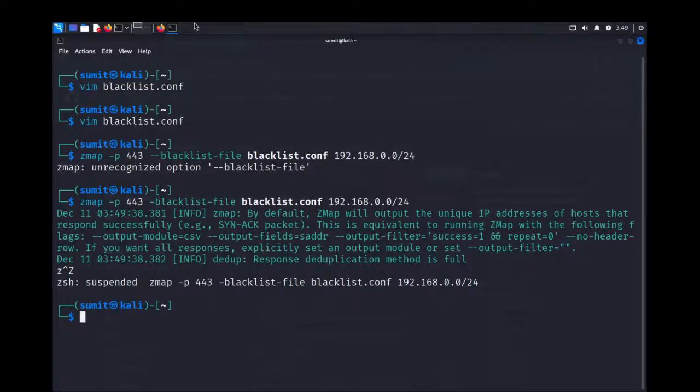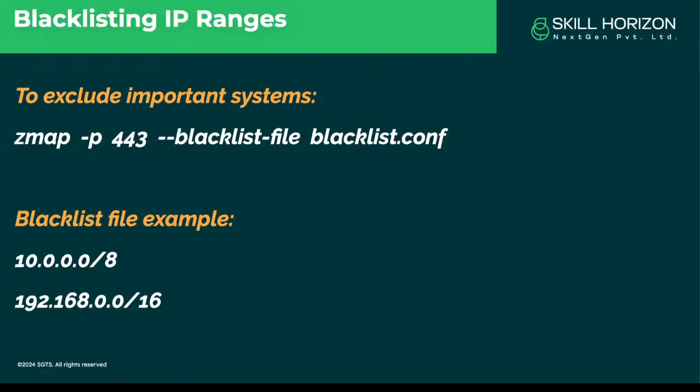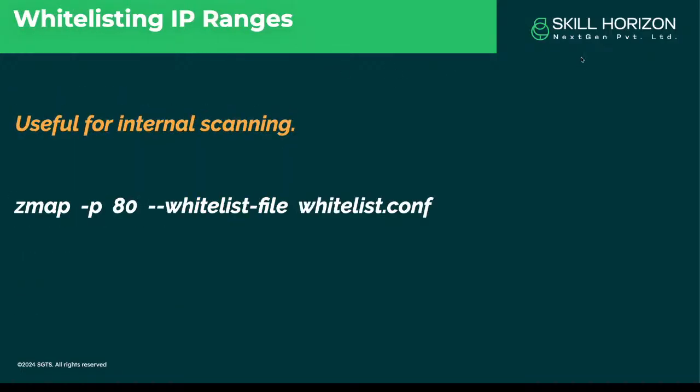Now moving on. Similarly, like blacklisting, if you want to whitelist something, then you can also use this option. This is useful for internal scanning. If you want to whitelist some IP ranges, you can provide the options like this: Zmap -p